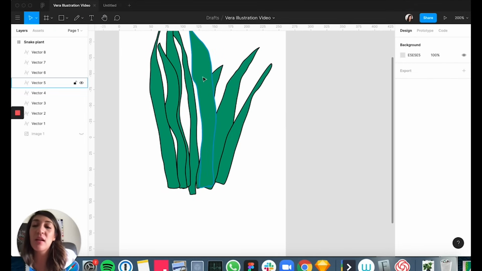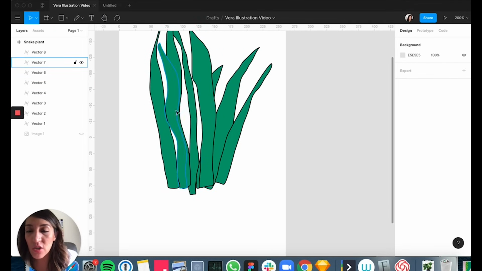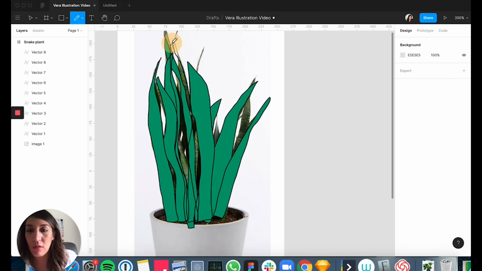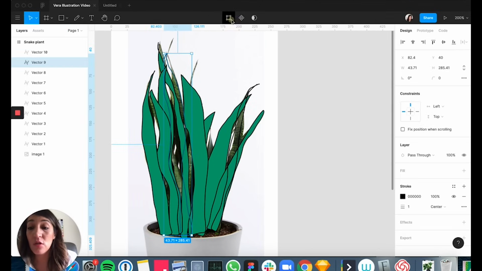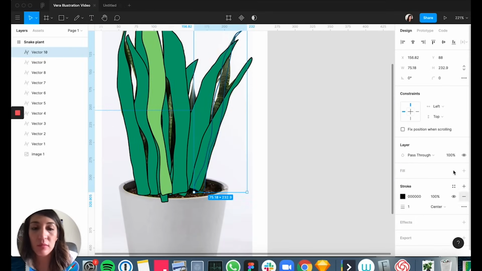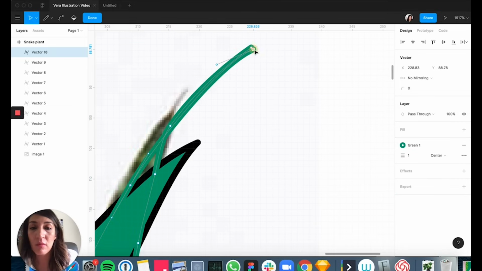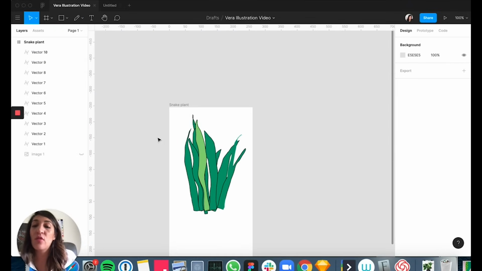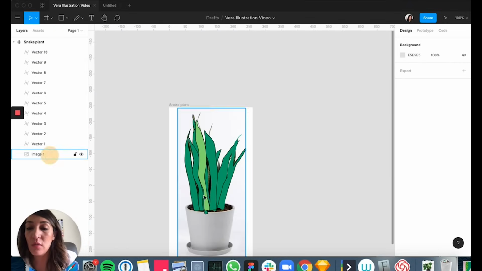I can see there is a hole in this section, so I'm gonna add that picture back, and I'm gonna add one more leaf. So I have that, and I'm gonna go back and do the same thing. So now that I think I have all the leaves, I'm gonna go back and do